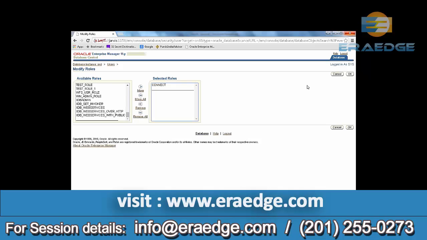Then the next tab is your system privileges. Currently there are none, because for the new user no system privilege has been selected, so no items found. To add a new system privilege, click on